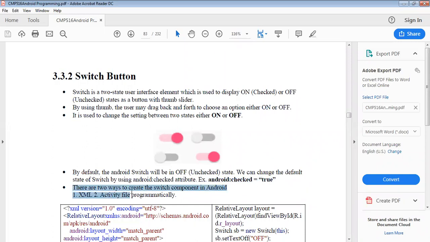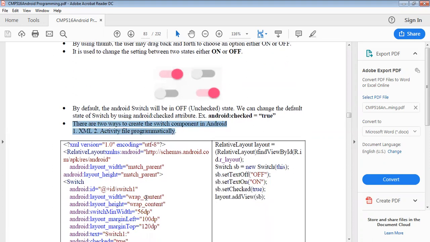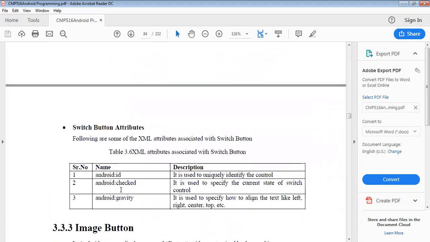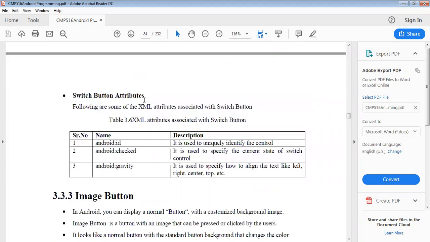There are two ways to create a switch component in Android. The first is XML and the second is the activity file, programmatically. After that we can see some attributes of that switch button. First, the following XML attributes are associated with the switch button, like Android ID, checked and gravity.